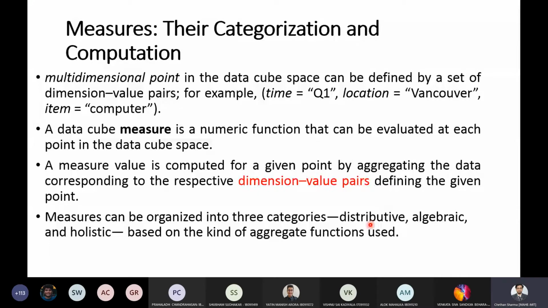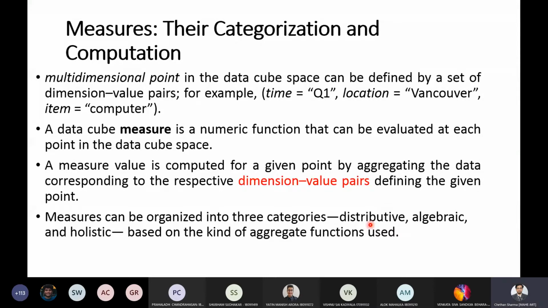For example, sum is an aggregate function. Instead of performing sum on the entire huge data set, you perform this sum on smaller partitions. For all the n partitions, you do it on these subcubes, and then aggregate it.